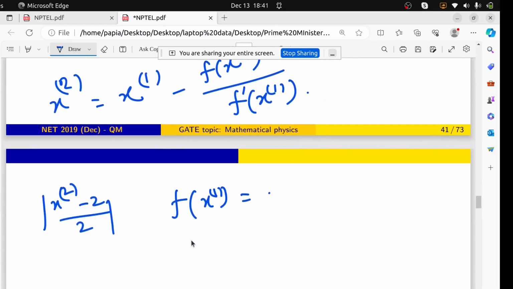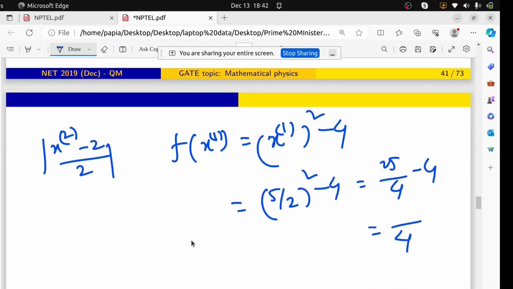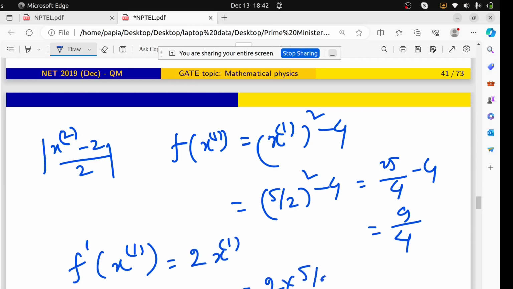x square minus 4. Okay, x1 there minus 4. So x1 was what? 5 by 2. So 5 by 2 whole square minus 4. It will be 25 by 4 minus 4. That will be 25 minus 16, 9 by 4. Now f prime x1, it was 2 into x1. So 2 into 5 by 2, 5. So now